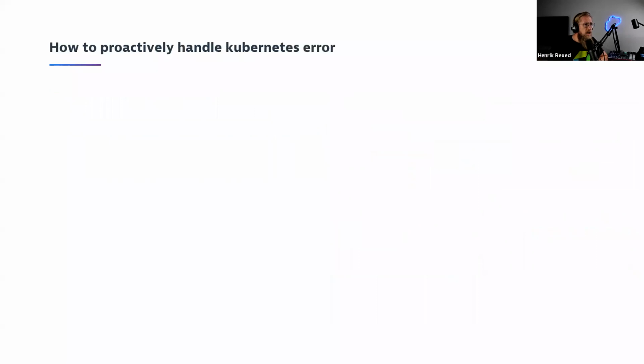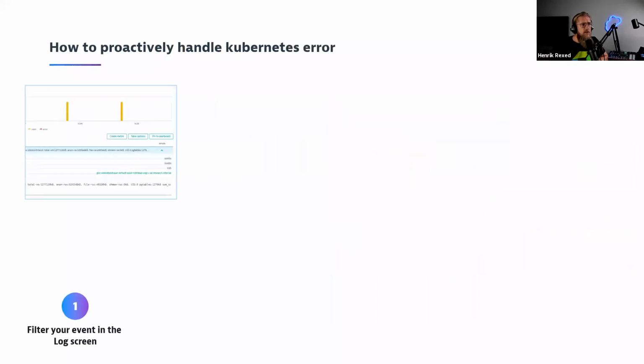So how can we proactively handle errors? What are error events related to the evictions and the others? Those are events, and technically, from the way that Dynatrace is collecting them, they are in logs. In fact. So if you want to convert an event into a metric and then create alerting rules, create dashboards,